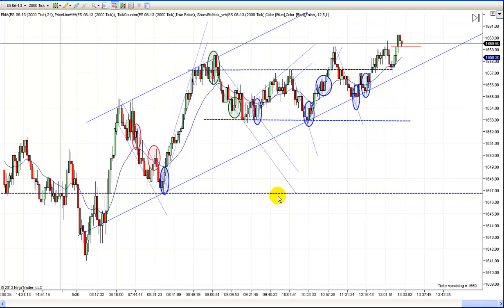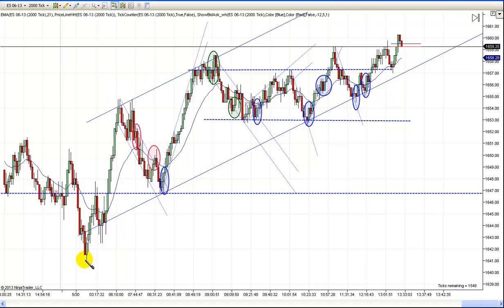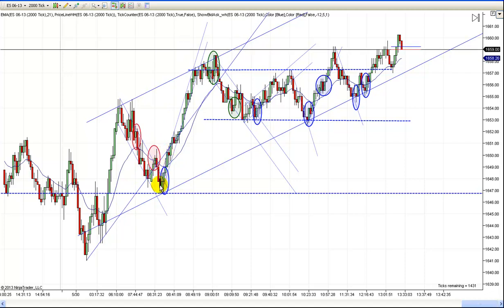But I see this channel working up. It looks like a spike and channel we went into. And at the very least, your first trend line might have been something like that, or you might have even drawn it more like that. But either way, you got the break here, a move to a new high, and then you had your correction before we started working higher again. If you drew it like that, you got the break right here, the move to a new high,